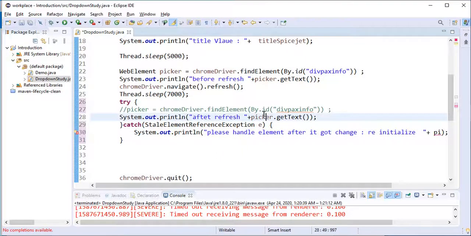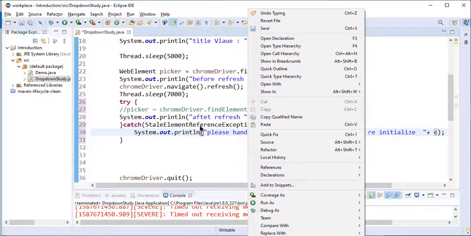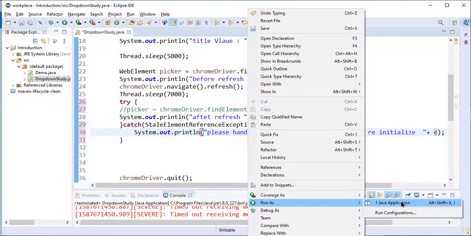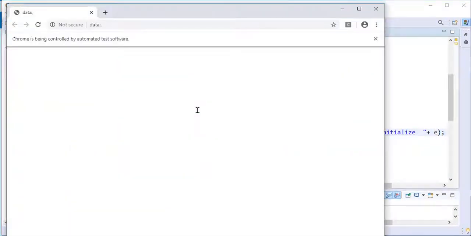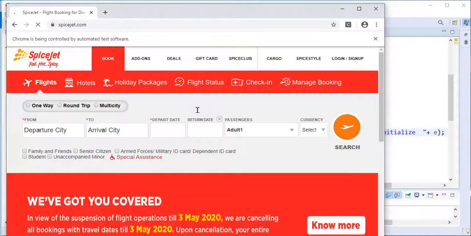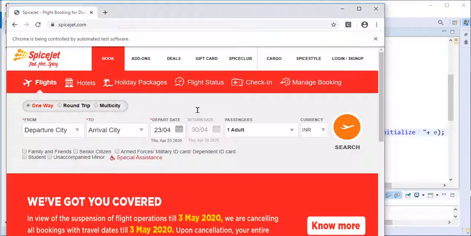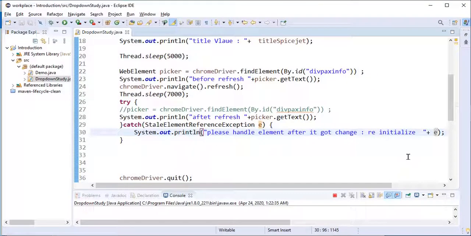I will copy this variable over here. I need to print the exception. This time we will not assign it newly. We will just keep it as it is, and we will try to handle that exception in the try catch block. The first time, our browser did not close and our program was terminated intermittently. This time our program terminated successfully without an error.